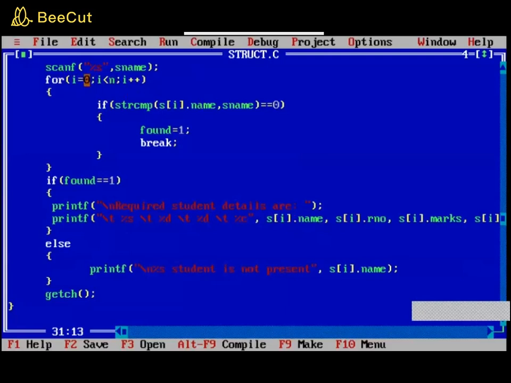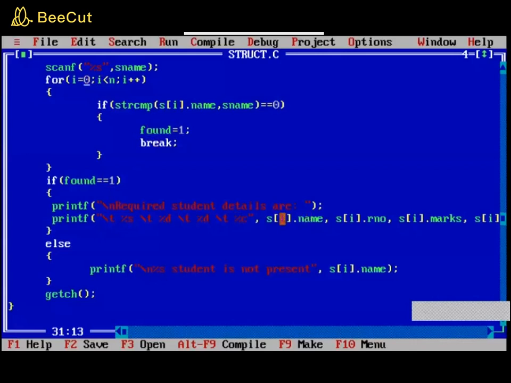Now see, suppose in your example you have entered 5 names. From that, the third name was the name which you were searching for. So the third name will be where? In your second memory location, because how have you stored? 0, 1, 2 you have stored. So by my count, the third name will be in the second array location, right? When i is equal to 2, your match would have been found here, right? So when you came out of this loop, what was the value of i? The value of i was 2. So the same value 2 will be taken here.